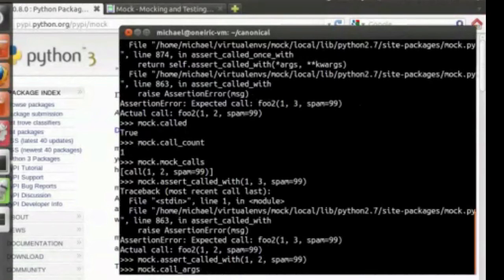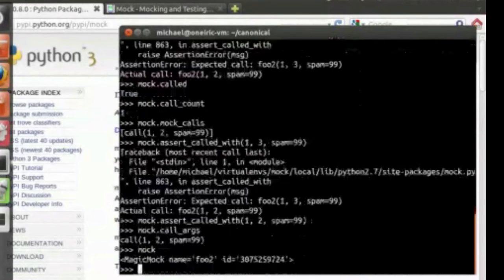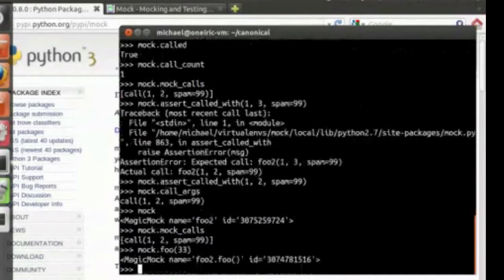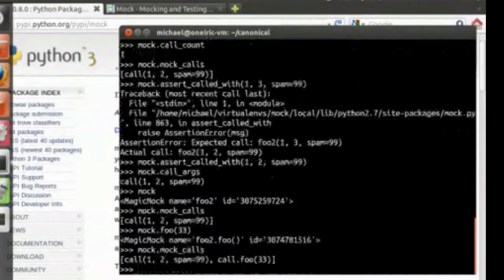Sure. Okay, so we have our mock. We can see it's been called once with that set of arguments. Suppose we call the foo method. Now mock calls has been updated to include a call to foo. Now suppose we call mock foo again. That's going to return to us that mock shown above, and then we call that,